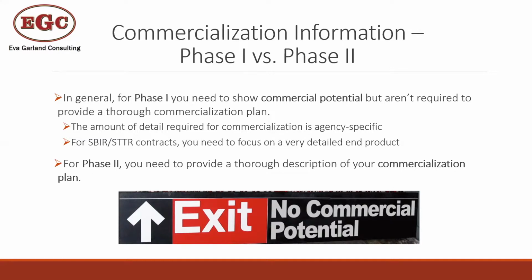So really, I guess the takeaway from this is: read your instructions. Get your solicitation, look through and see how much information they need for the application you're applying to, to make sure that you give them everything that you need. Just keep in mind too, as you're thinking through how you're going to describe commercial potential in your commercialization plan, this is not like your typical research strategy, where you're very scientific, very technical. You've got to put on a business hat at this point, and speak in more of a business tone as you're preparing these documents.